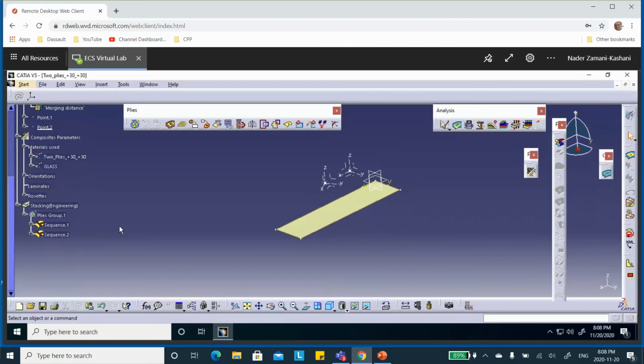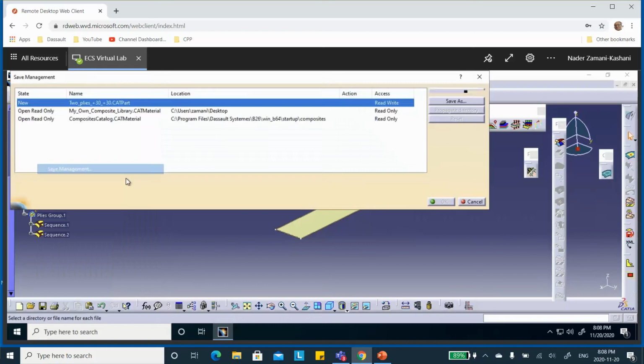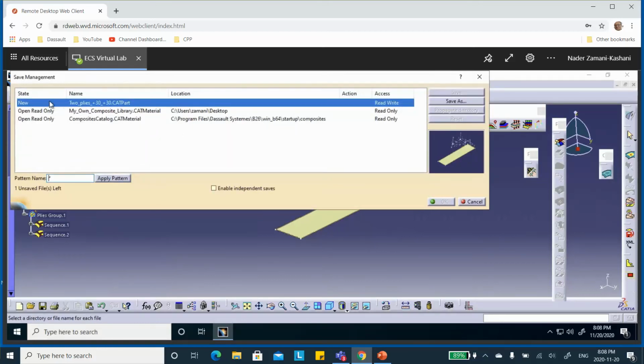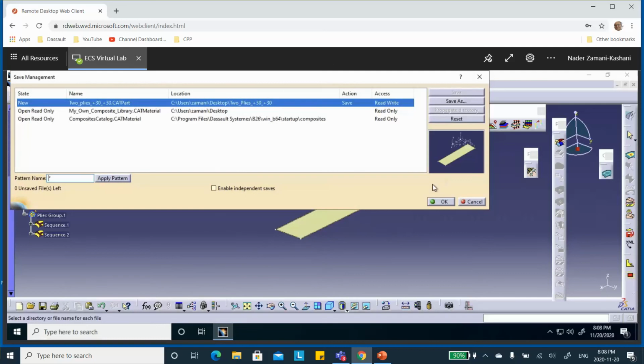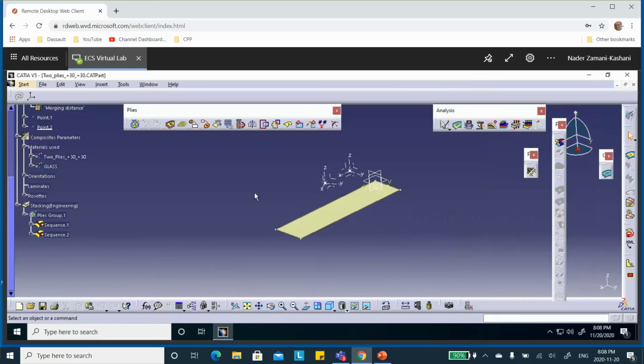We are done here. First thing we should do is to go and save all this stuff. File, save management. There is the part, save as, a folder. I created a folder like that, and this is the name, fine, and we say, okay. All right. Now we're going to go to